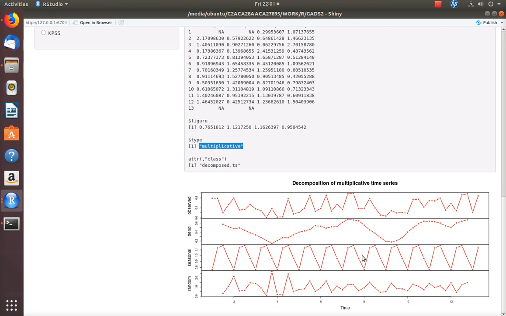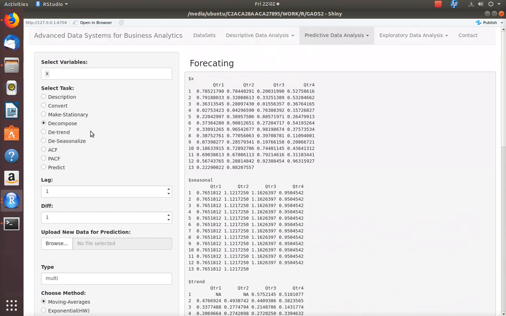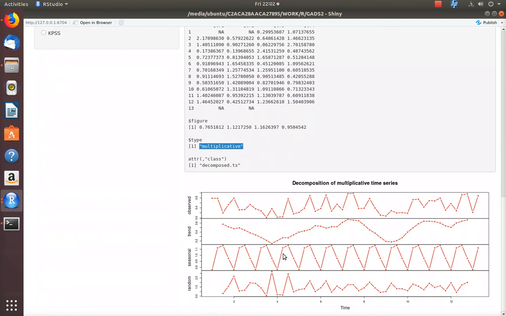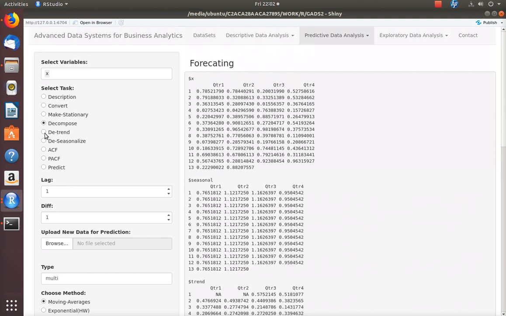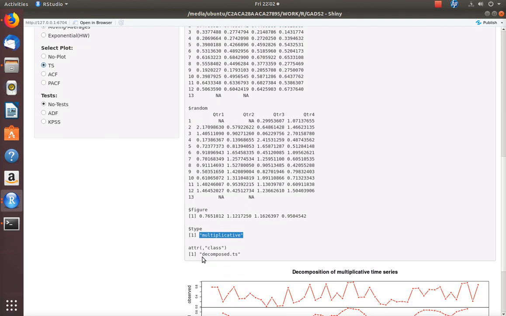You see how beautiful it is. Now this is observed data. This is actual data, trend, seasons. These are 3 different components of the actual data. So by decomposing, what we are trying to do is dividing the actual data into 3 different components, namely trend, seasonal, random. Now there is another method called detrend, which means we want to get rid of this trend